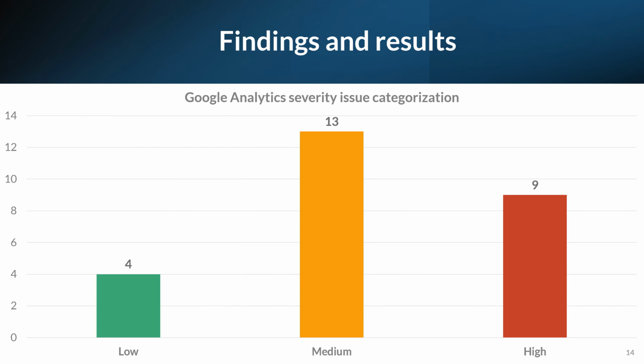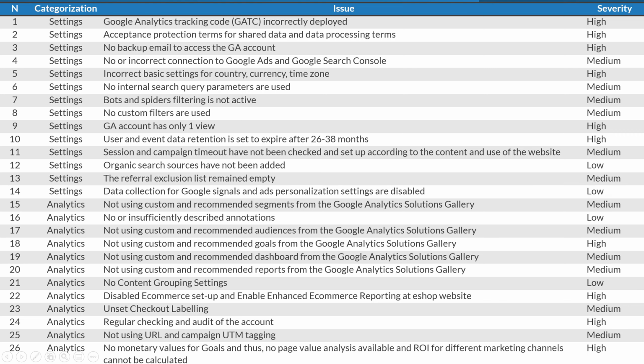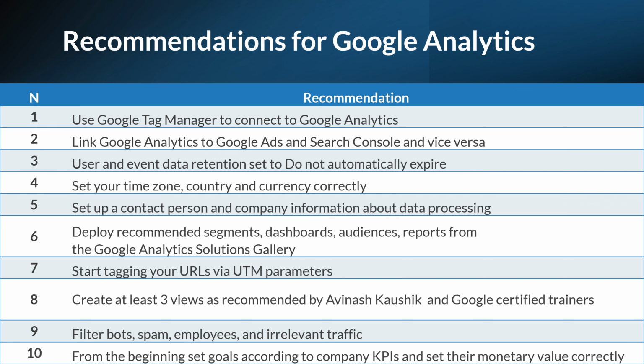We further categorize the individual problems according to their level of seniority. In this table we see the most common medium issues. Based on structured qualitative analysis we have compiled this table with the most common account issues. On this slide we can see 26 issues altogether. Based on the issues we have created a list of top 10 recommendations in this table that can be used for any shop and segment. We have compiled the list with regard to diversity of knowledge levels and seniority of companies.